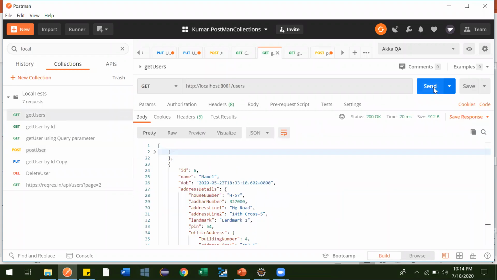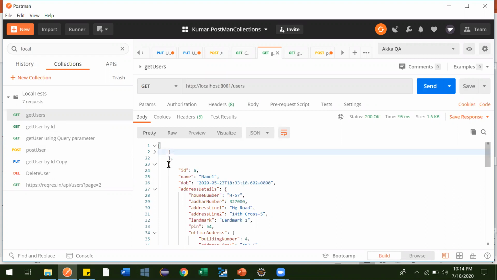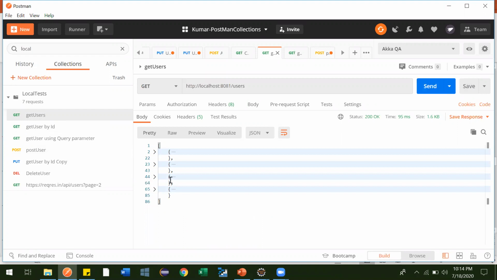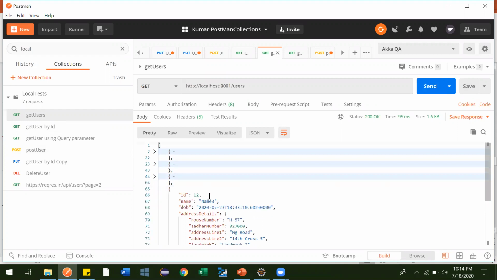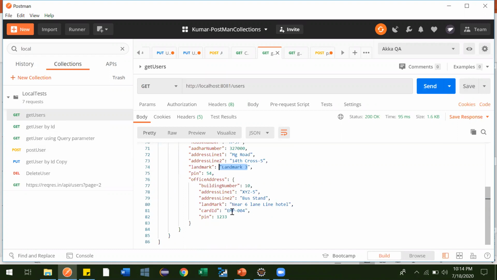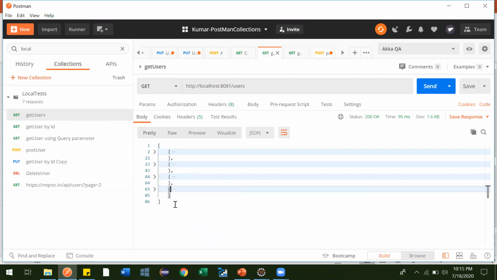Let me hit this and see whether the first one and the three more we added are there, so 1, 2, 3, 4. Currently we have 4, and for the third one we gave name 3, perfect, landmark 3, perfect, and employee ID as 4, perfectly fine. So whatever three users we added, all got added over here.